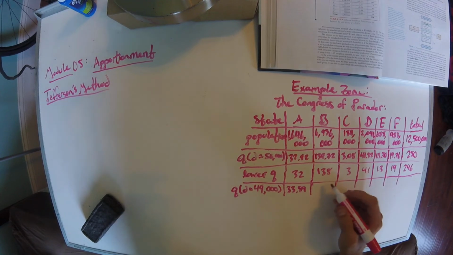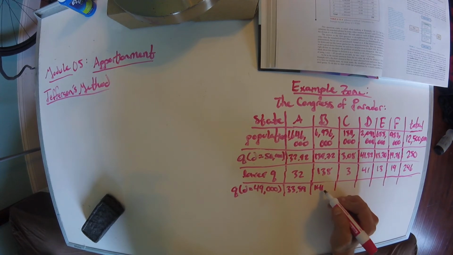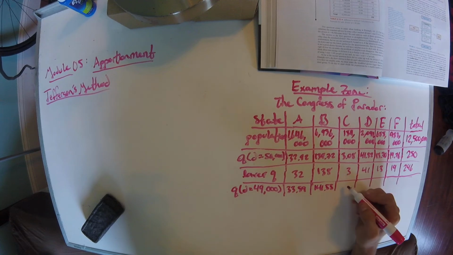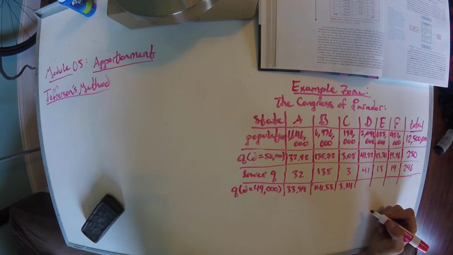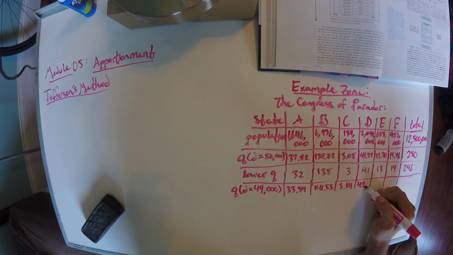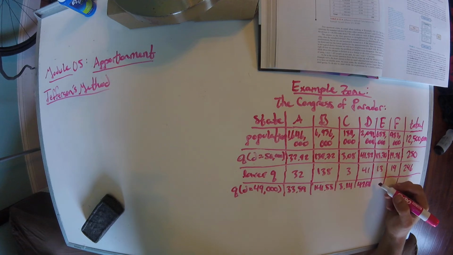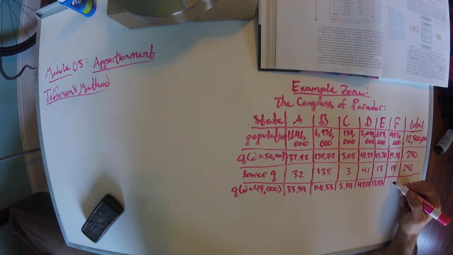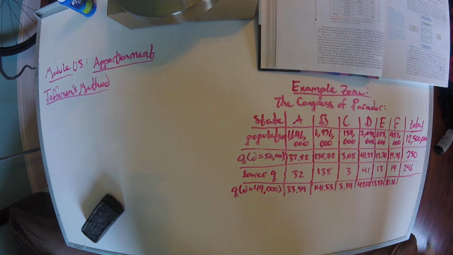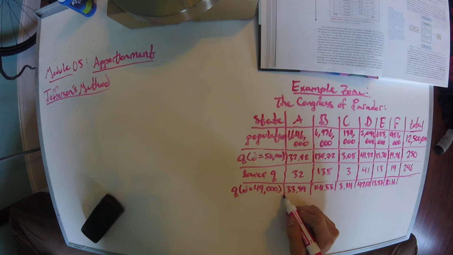33.59, 141.55, 3.14, interestingly enough, 42.9, 13.67, 13.97, and 20.16. Cool. And now